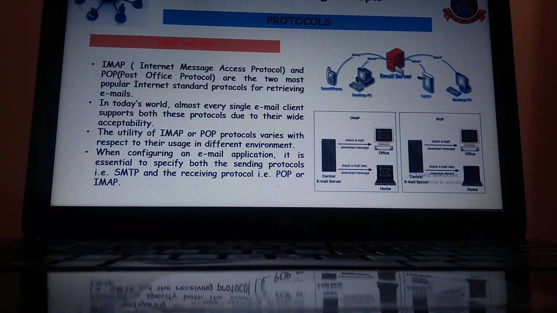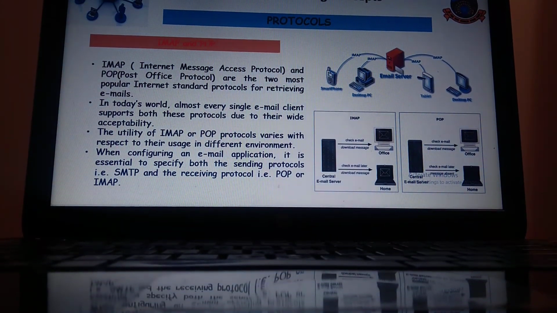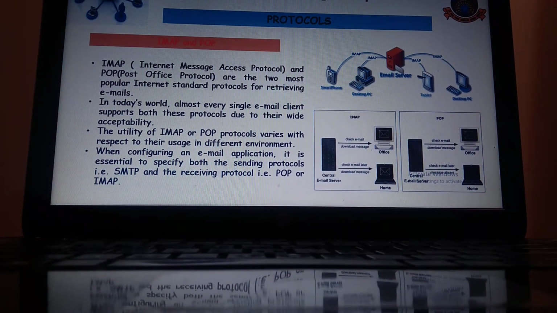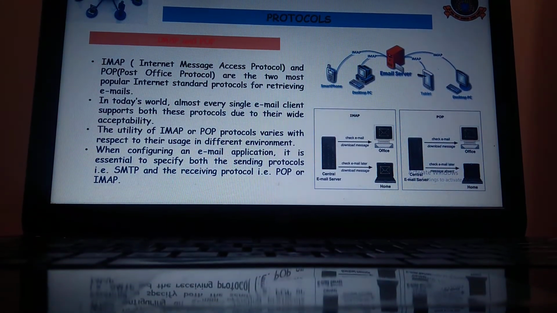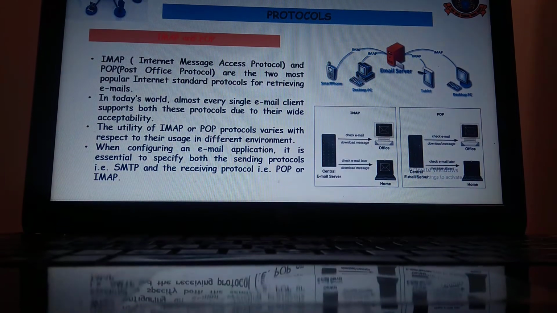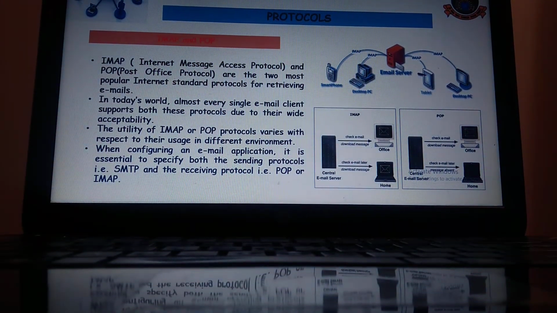In today's world, almost every single email client supports both these protocols due to their wide acceptability. The utility of IMAP or POP protocol varies with respect to their usage in different environments.